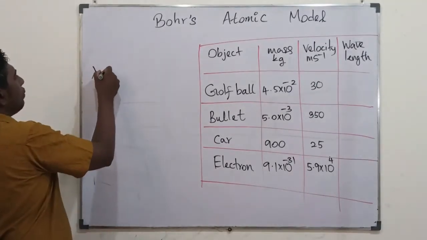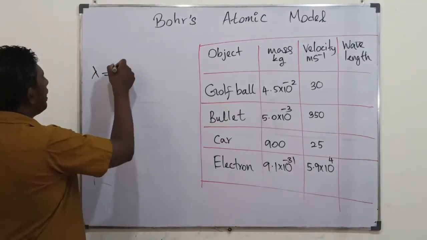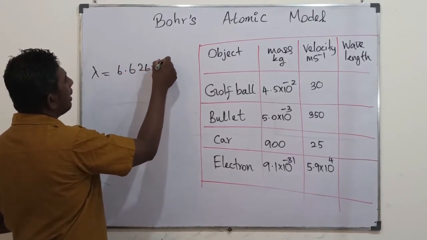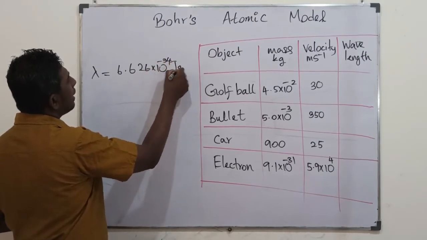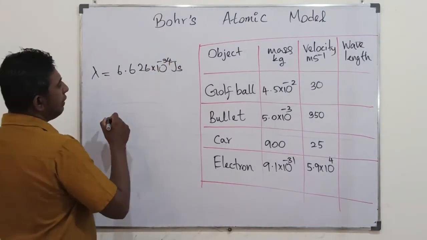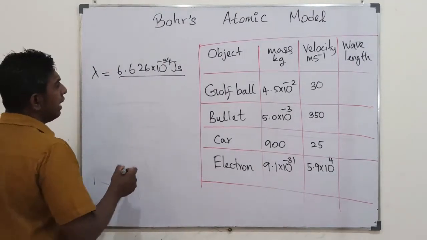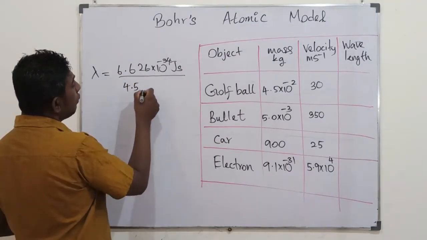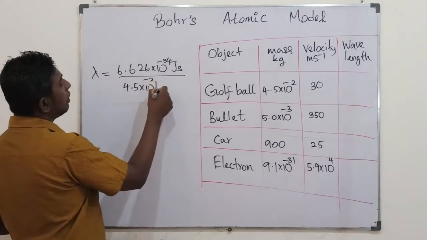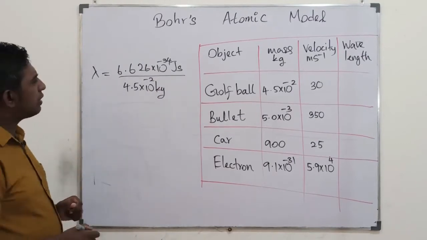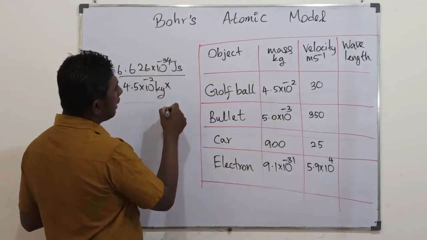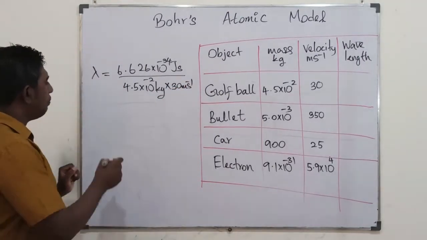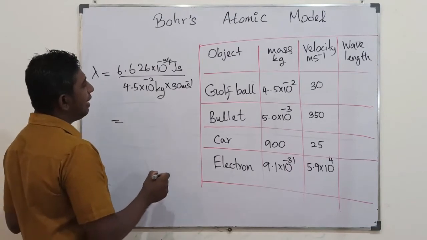So its wavelength would be equal to h. h is Planck's constant, 6.626 into 10 to the power minus 34 joule second, divided by mv. m is the mass of the ball in kilograms, 4.5 into 10 to the power minus 2 kilograms. Then for velocity it is 30 meters per second. Then what you get finally, the answer, is in